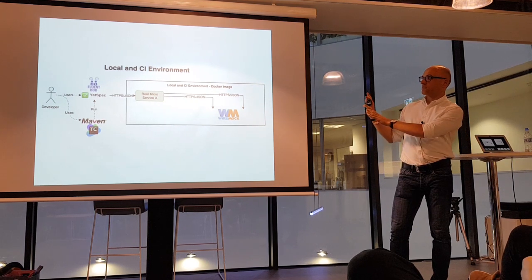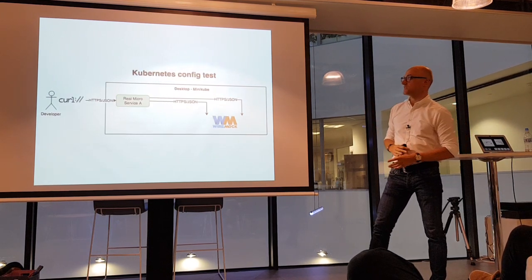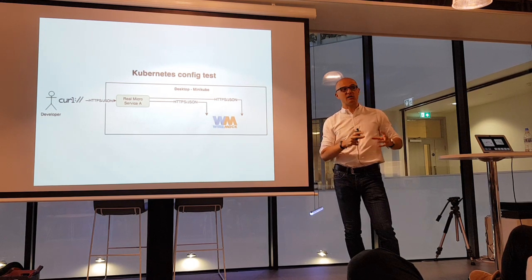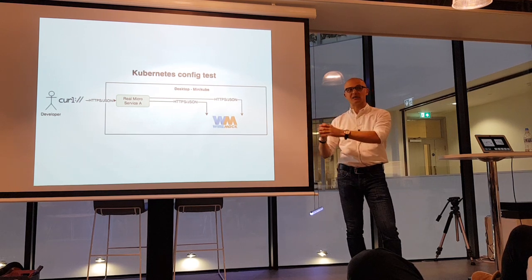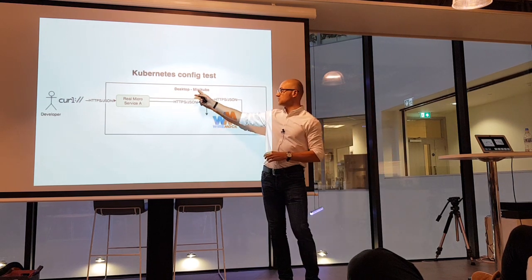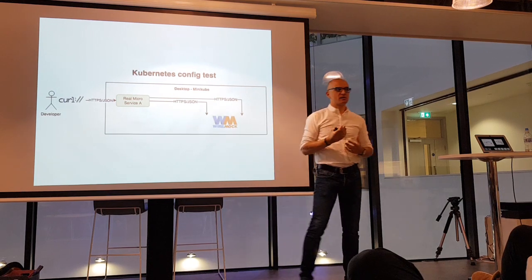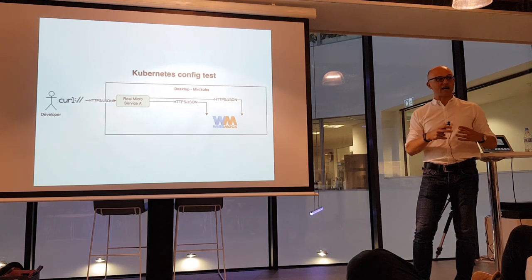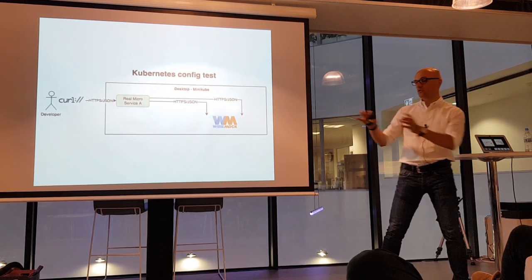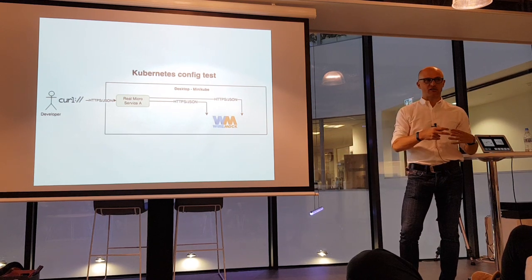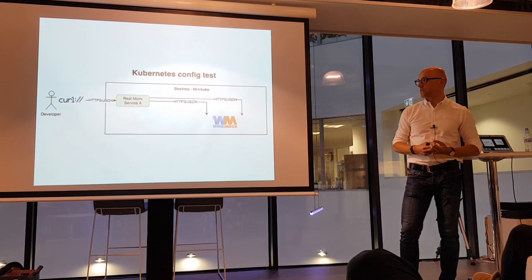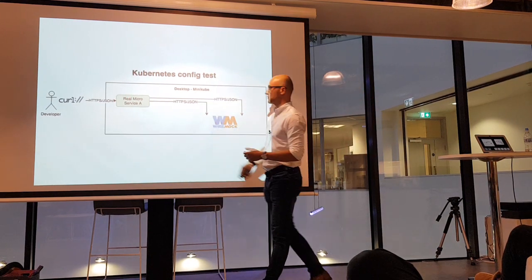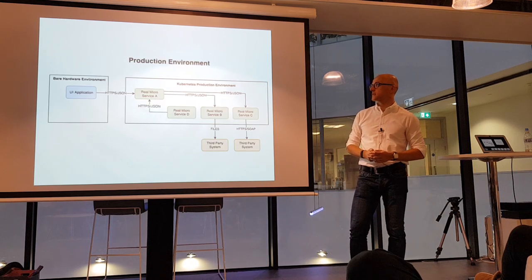Once the developers have done this, they would proceed to testing not the microservice, but the configuration of the Kubernetes bit. So how the microservice gets put onto the Kubernetes cluster. The way they did it, they used Minikube. Minikube is a thing that allows you to simulate or run Kubernetes on your laptop or desktop, for example. So you don't have to go to a special environment. You can actually test the configuration on your laptop or desktop. And again, they would use curl to simply test that everything more or less works.